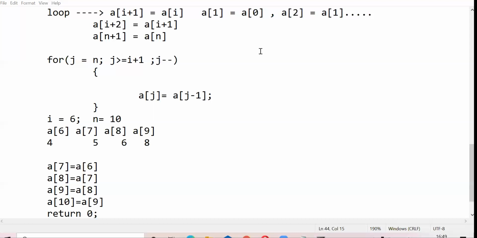Okay. So can you now take some time and write code to delete an element in an array? It works in a similar fashion. I don't think we'll have time to cover recursion today. Maybe we can take it up in the next lab, by which time we'll also have studied it in your theory lecture. So just try writing code for deleting an element in an array. You can try, and if there is some doubt, you can ask me.